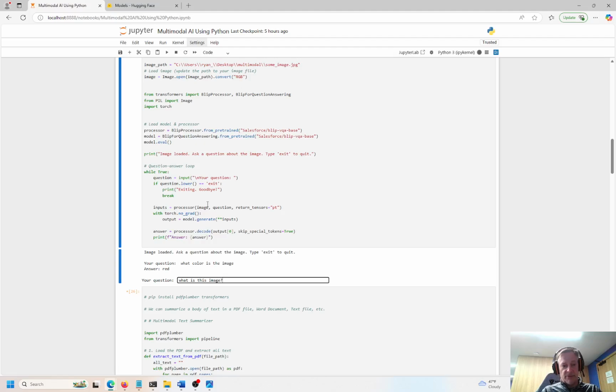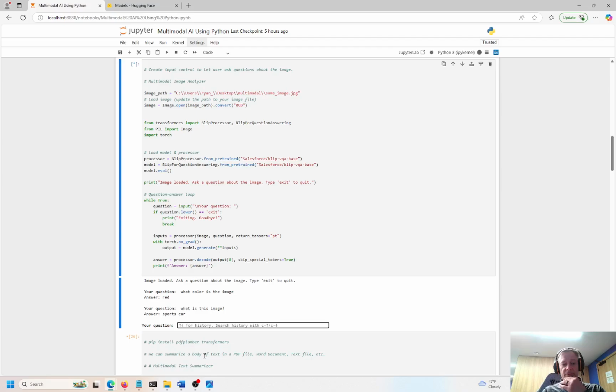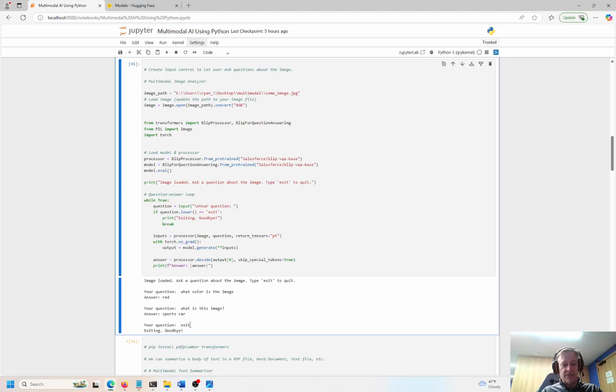What is this image? Okay, so it came back with red, so that's pretty smart. It's already making an intelligent decision. I didn't even say what color is the car, what color is the image. But if you look at the image, oh, sports car, so it came back with sports car. And I can type exit, E-X-I-T, and that's the end if I rerun it, but I'm going to point